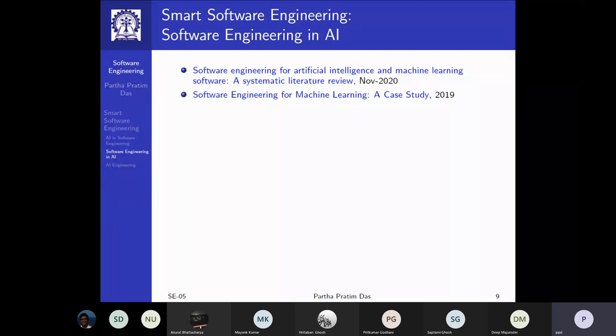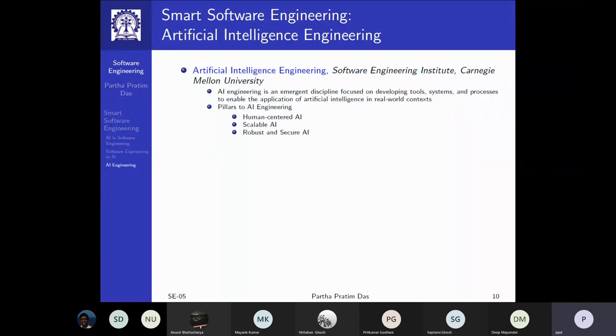Microsoft and others are proposing different software engineering techniques which are more appropriate for building machine learning and AI systems. You could look at those. And finally, some universities have started talking about artificial intelligence engineering, AI engineering, which is going to be a combination of all of these.